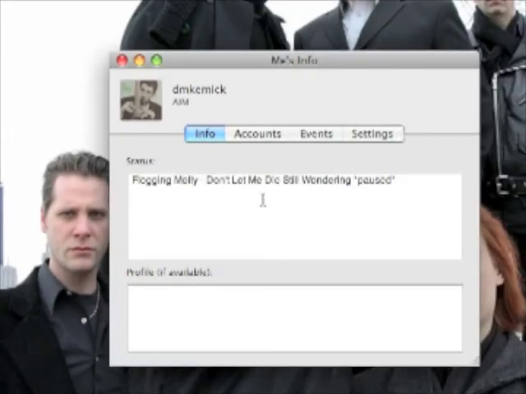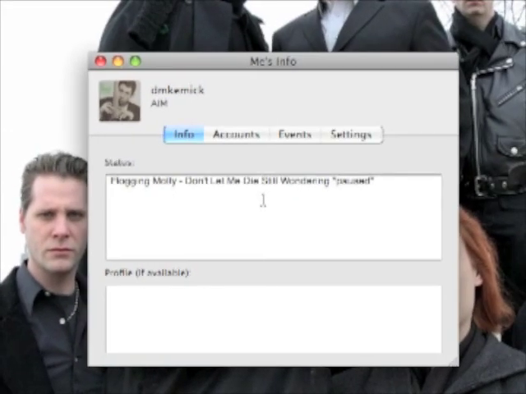So that's pretty much PandoraBoy and the Adium script. I'll link the script in the YouTube information, and I'll put it along with a post when I post this video at my blog. So that's pretty much it for